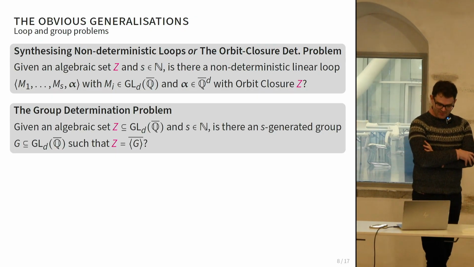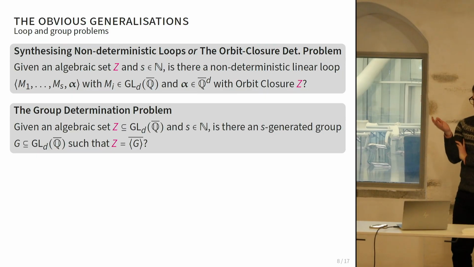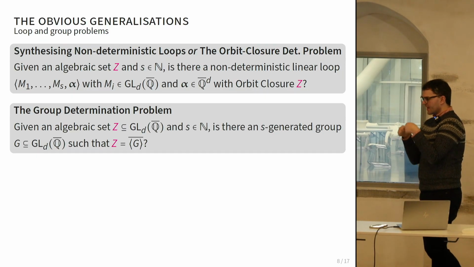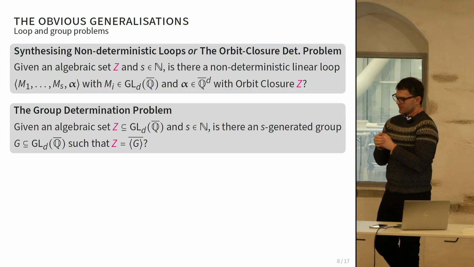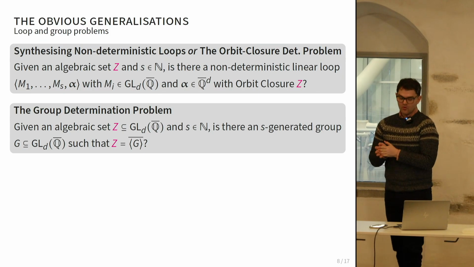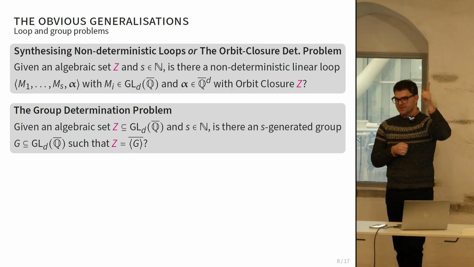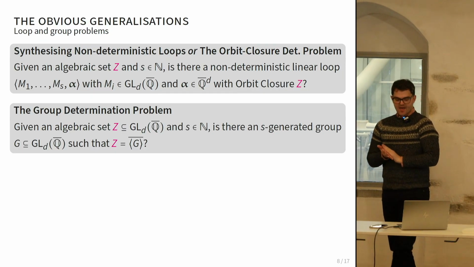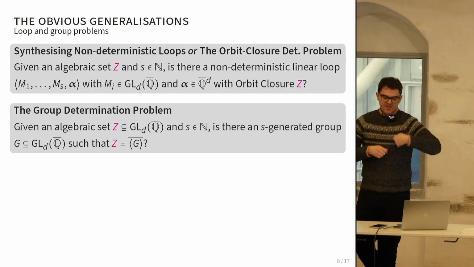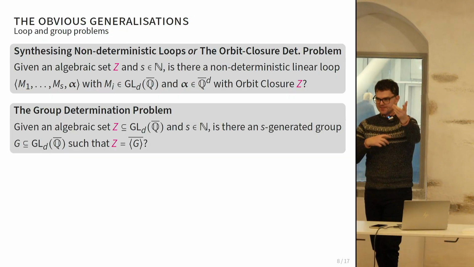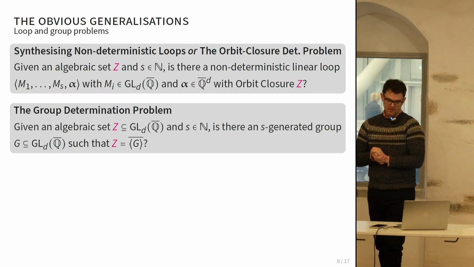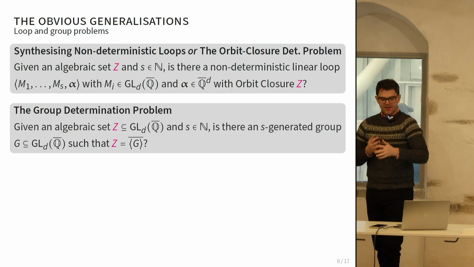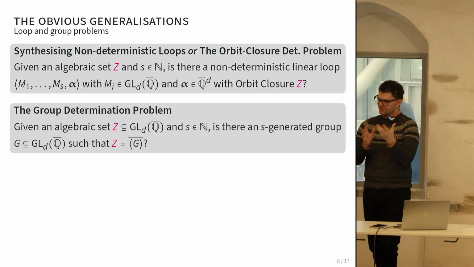We're not confident about these things. So previously we were synthesizing linear loops, but previous slides just used a single matrix to go through. Now let's do it for multiple matrices, M1 up to Ms. And we ask, when we apply these matrices in a non-deterministic or branching path system, can we do any better in this sense? That means, can we do this nice over-approximation and give the best possible answer in terms of polynomials?